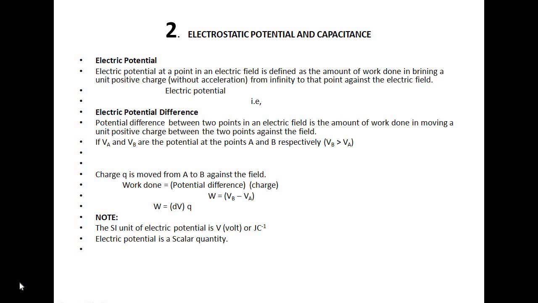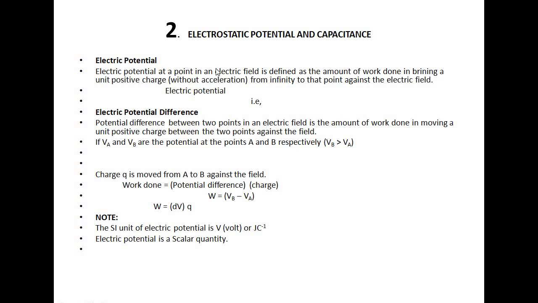The charges always flow from a body at higher potential to the body at lower potential. The flow of charges stops as soon as the potential of the two bodies becomes equal. By definition, the electric potential at a point, represented by the symbol V, is equal to the amount of work done in bringing the unit positive charge from infinity to the given point against the direction of the electric field. This is the definition of electric potential.